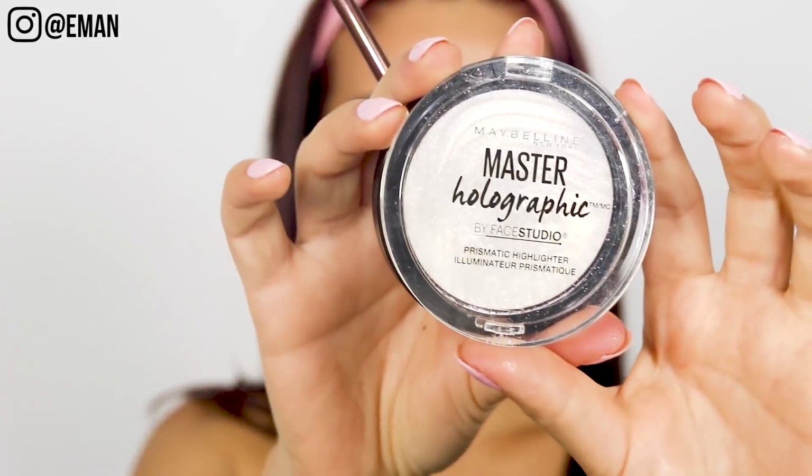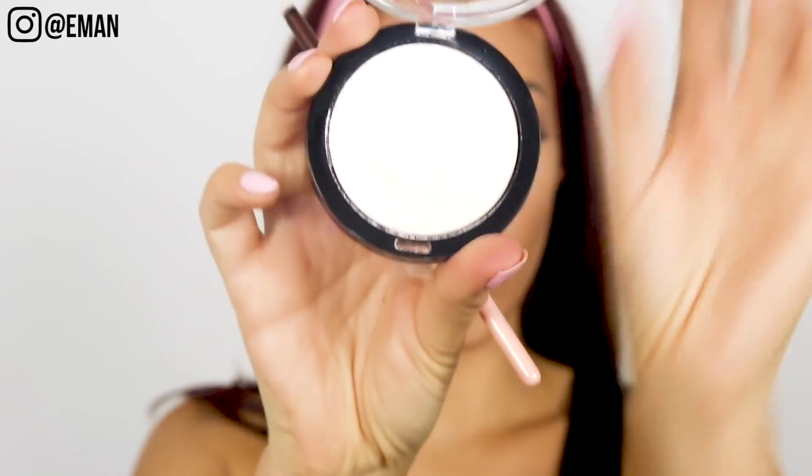I'm gonna add a pop of highlight right in the inner corner, and I'll be using my Maybelline Master Chrome